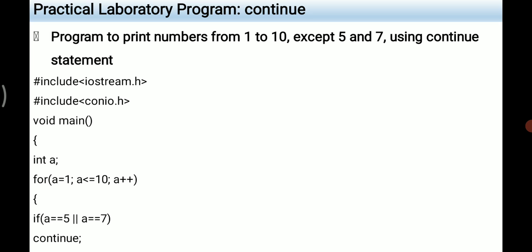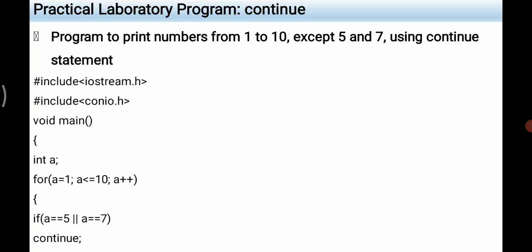Next we'll see a program that is to print numbers from 1 to 10 except 5 and 7 using the continue statement. Why we use the continue statement is that it's like a bypass statement. Whenever the continue statement is used inside a looping statement, the control does not come out of the loop.